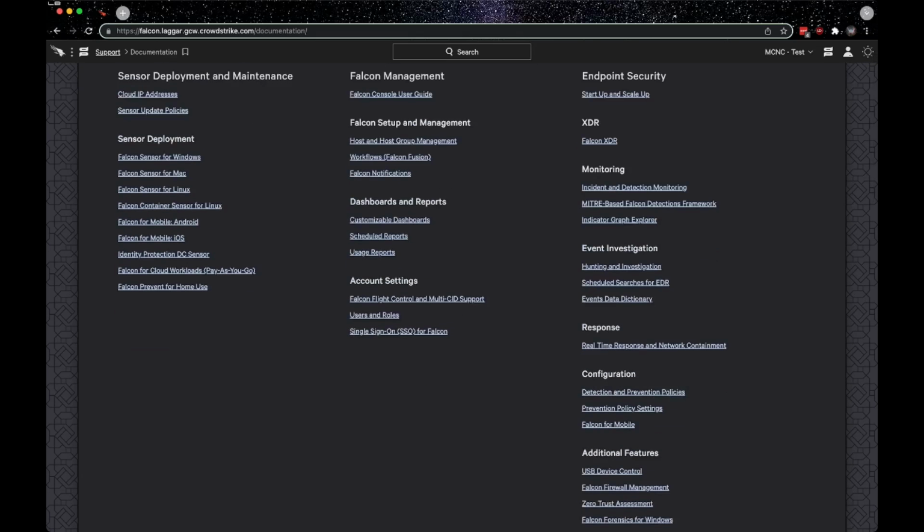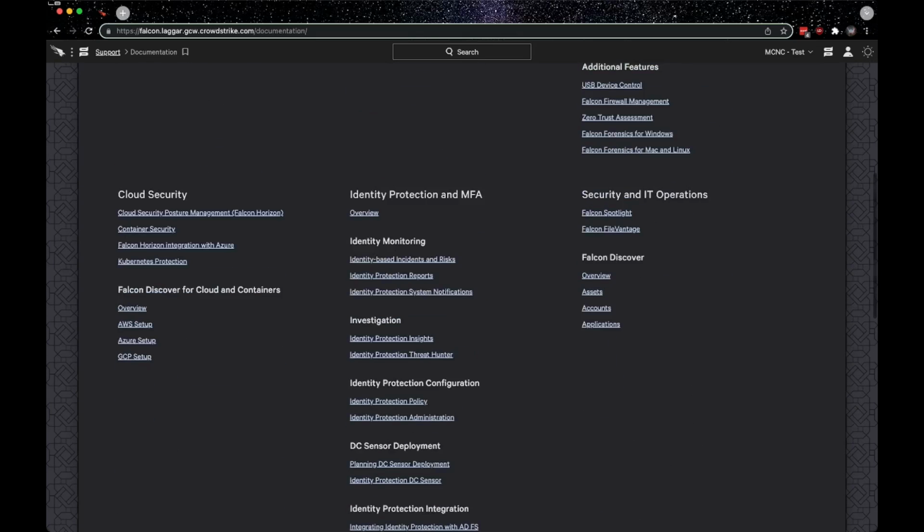Detection and prevention policies. These are all handled by your MCNC team, but if you're curious what we're doing, well, here you have it. Other information here that will be useful is, of course, the Falcon Spotlight is very important. That's your vulnerability management solution. So, of course, if we want to look at what vulnerabilities we have and how to navigate those systems, we'll